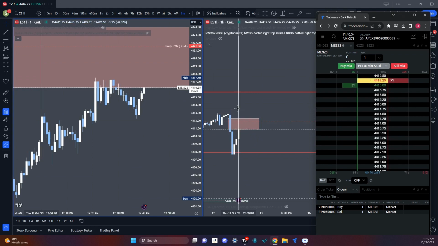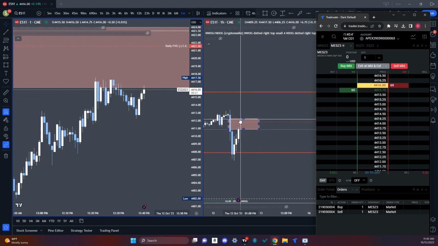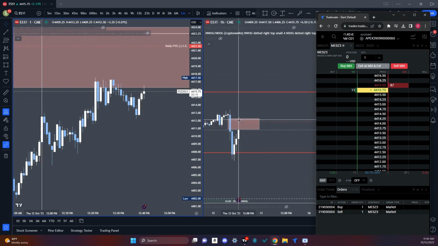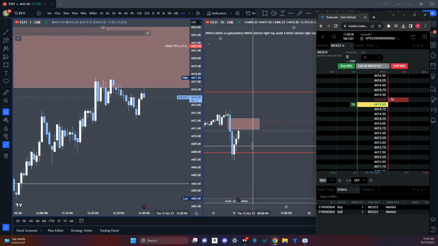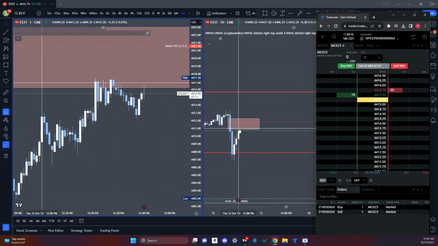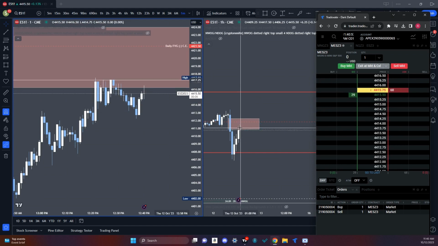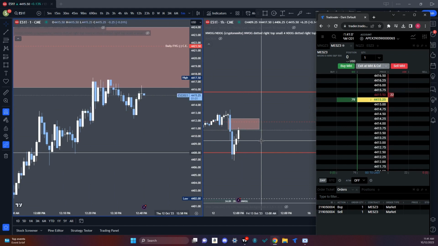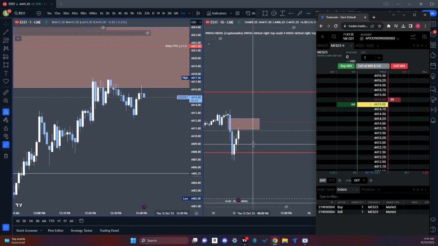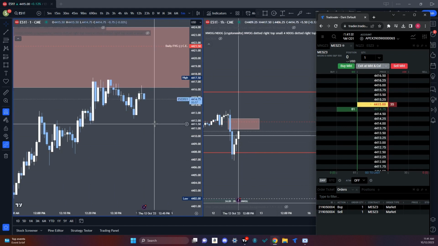have a wick that goes all the way up here above this high on this hourly bar. Say we just have a super strong push up, and it wicks above this high, but then the close of this candle closes within here and respects it. You can have that, but you going short here, you're just doing it before time says you should, because you're trying to make a small time frame trade based